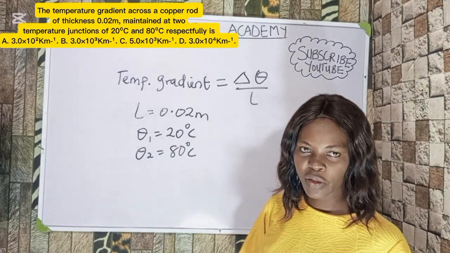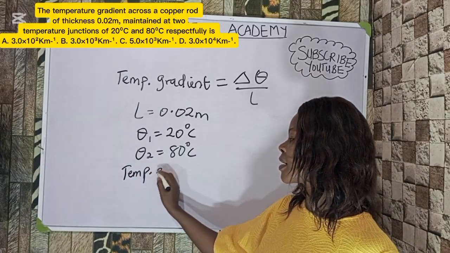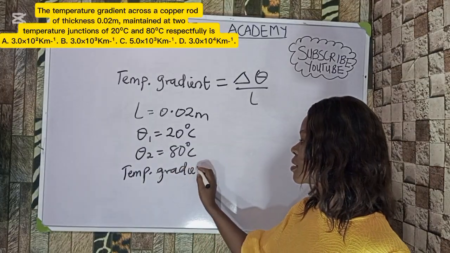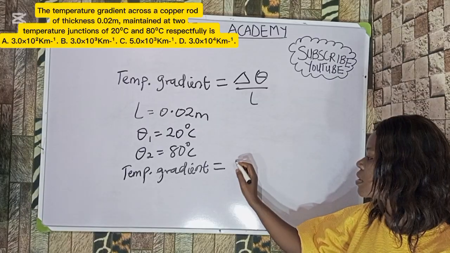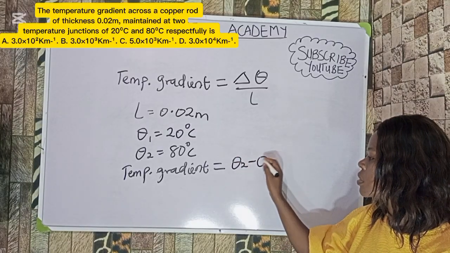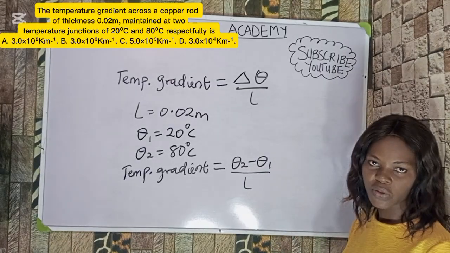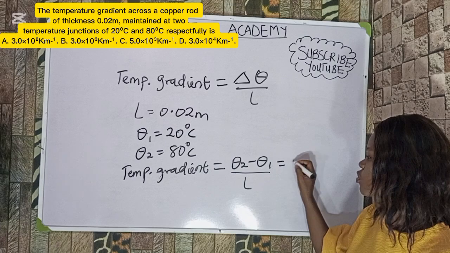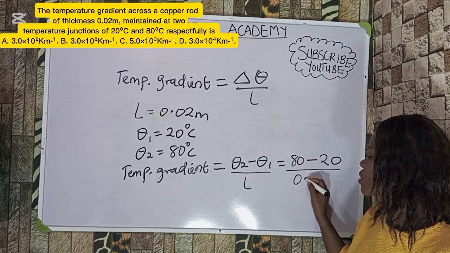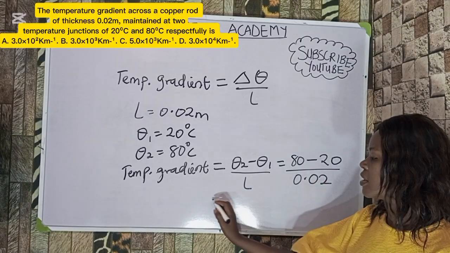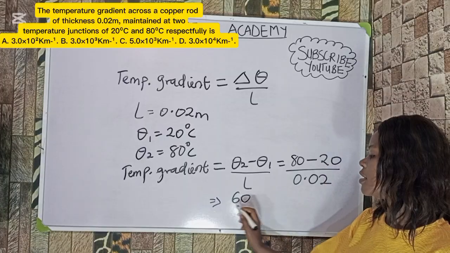So you can now get the temperature gradient. So let's solve. The temperature gradient is equals to, the change in temperature is what? Theta 2 minus theta 1, right? Divided by what? The length. Is that clear? So by substituting into what we have, I have my theta 2 to be 80 minus 20 divided by what? 0.02. Okay, now this is going to give me 60, because 80 minus 20 is 60, divided by